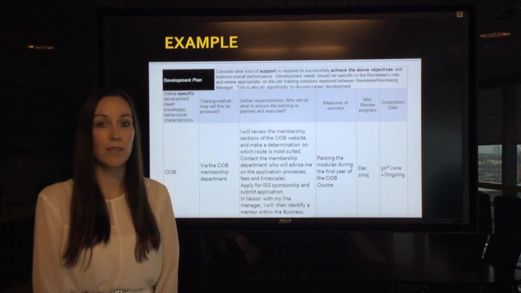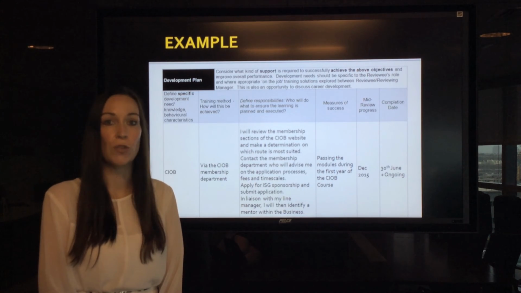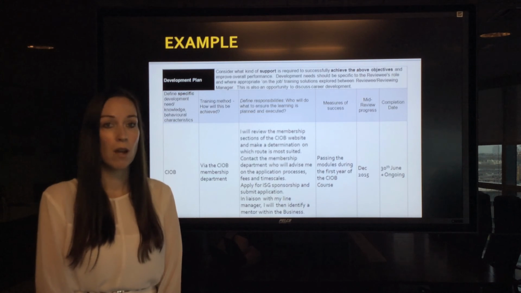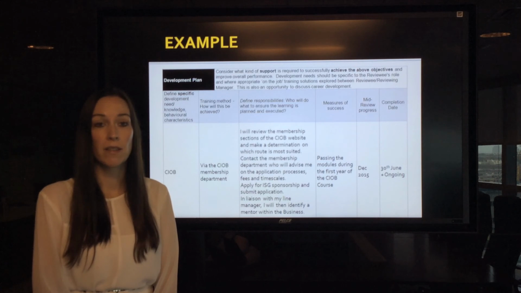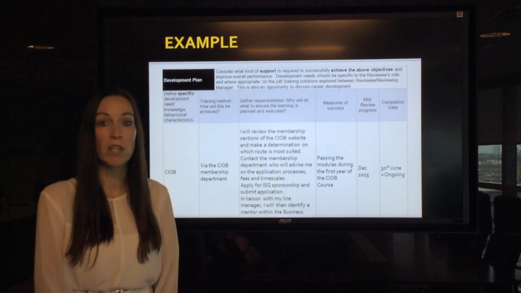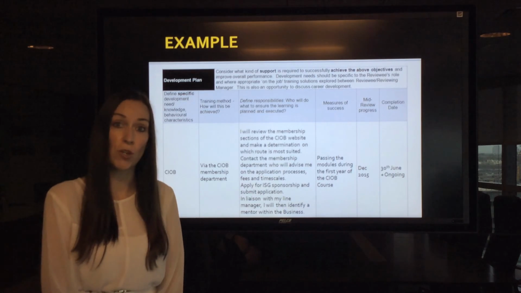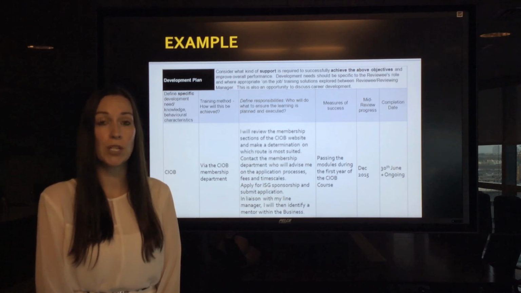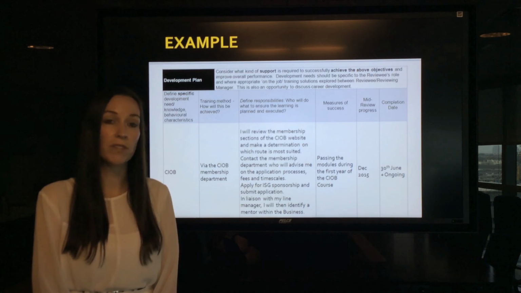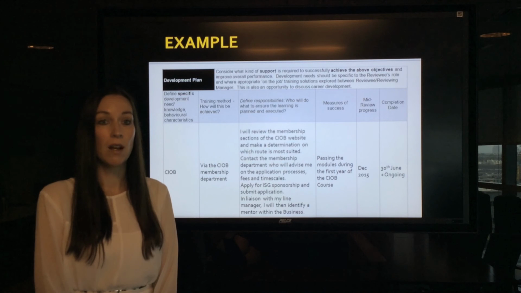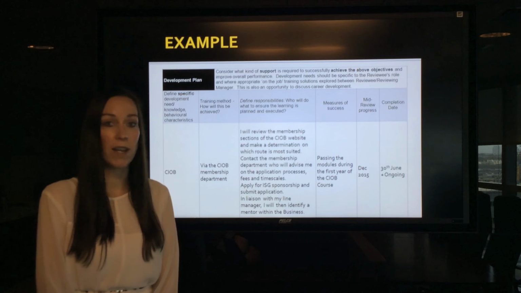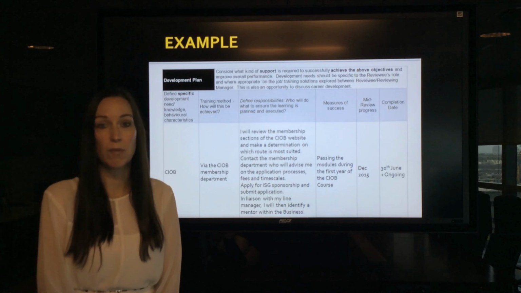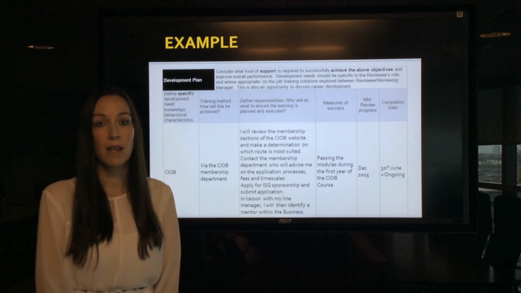Now, not all development objectives are necessarily achieved through formal external training. They can be achieved through identifying a mentor and learning from that mentor, by shadowing somebody within the business, by identifying areas that you need exposure into and agreeing with your manager that when an opportunity arises you put your hand up to have that exposure. So please bear in mind when you're setting your development objectives, they don't just need to be external courses, they can be in-house training through identifying certain people within the business or identifying opportunities within the business in order for you to